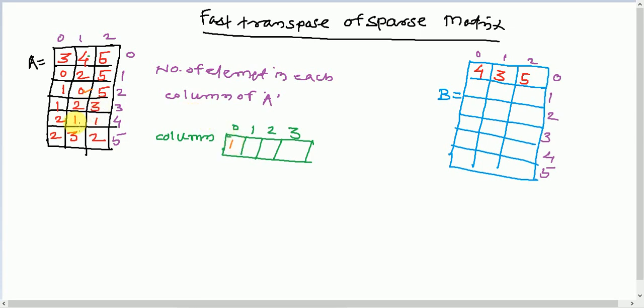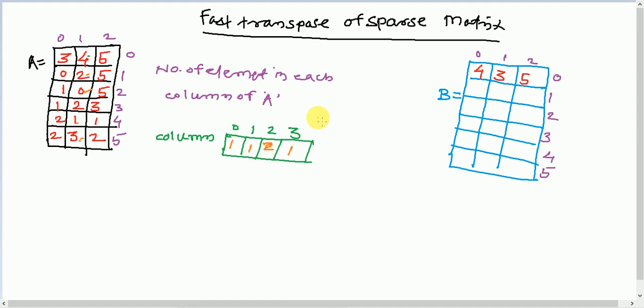In column 1, one element is present. In column 2, two elements are present. In column 3, only one element is present.